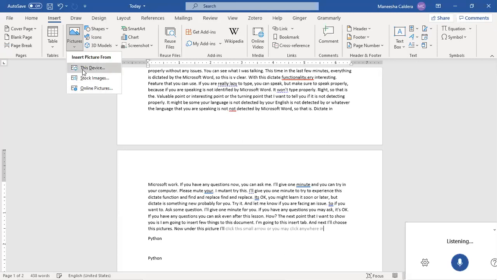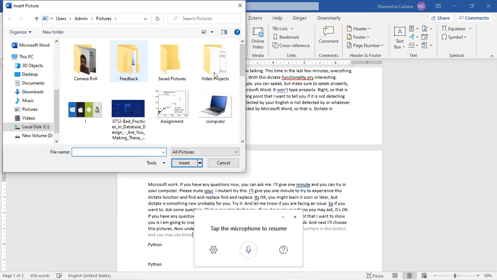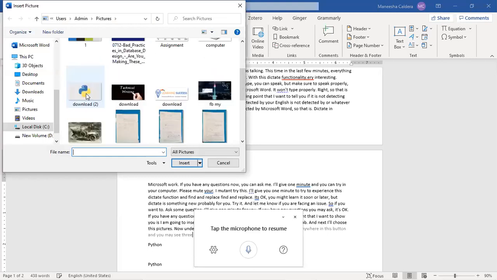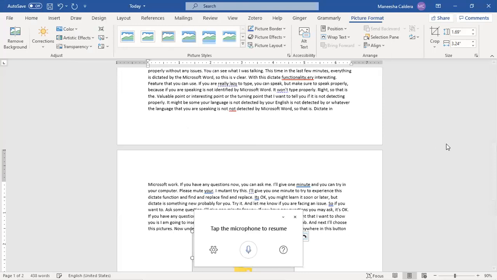Right? The first one I'm selecting here now, This Device. Now what happens is it moves to a place, then I'll select one document image, and I click here. Right